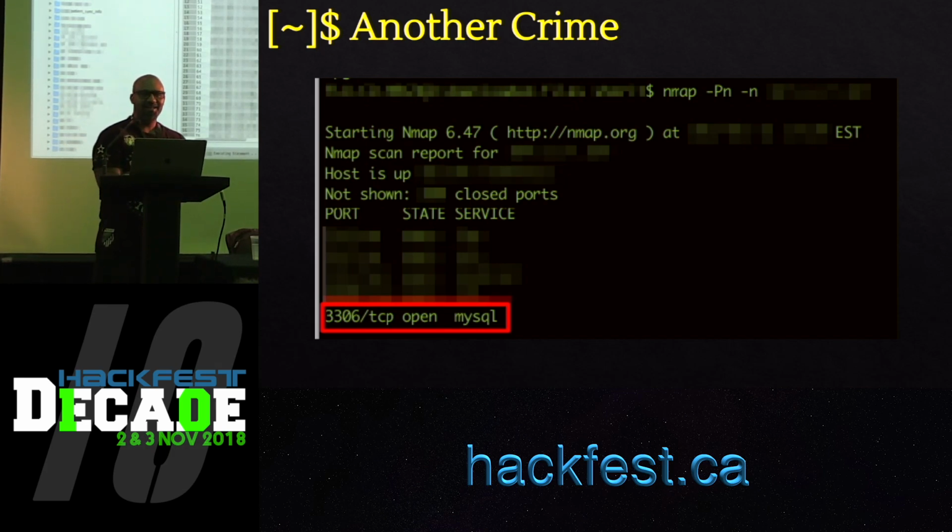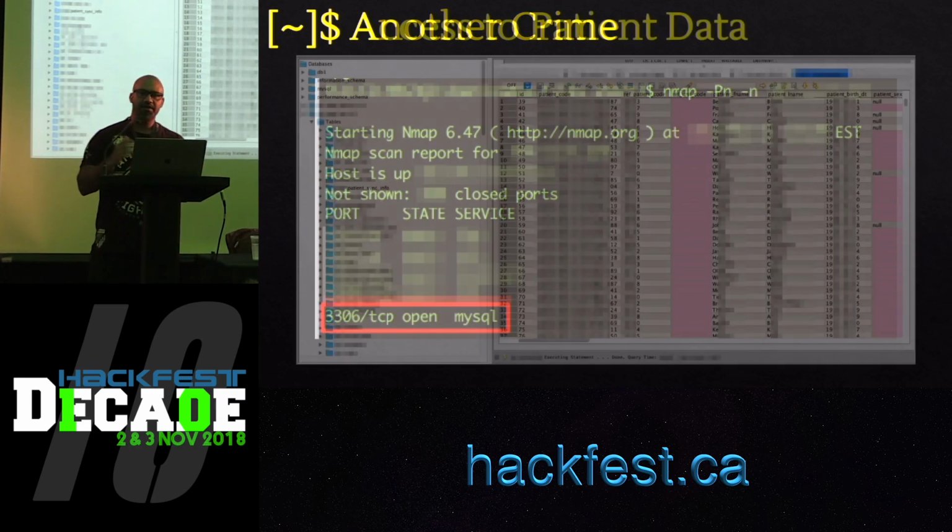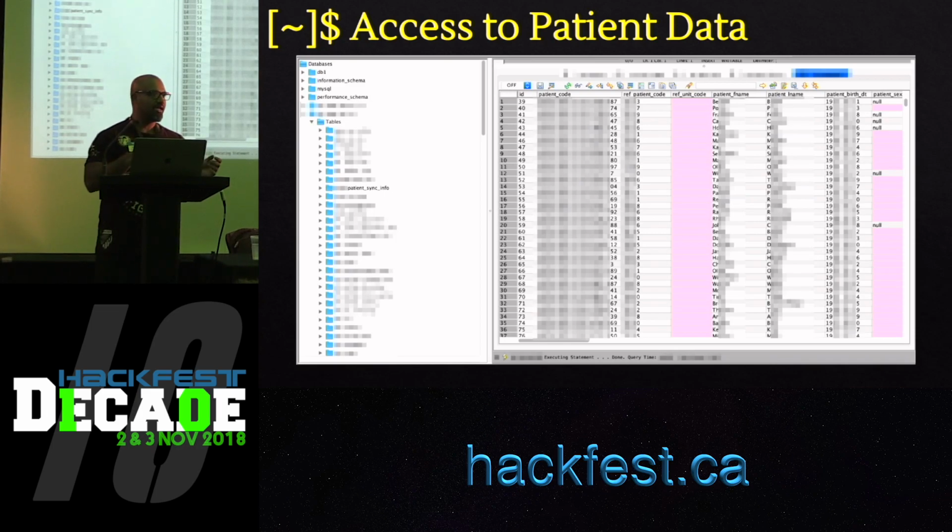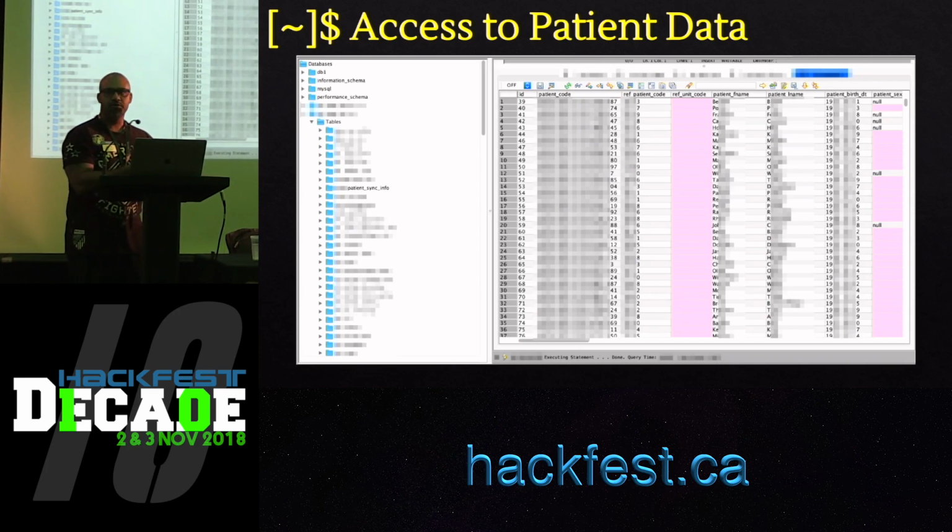And so, yeah, now we were able to connect to the backend database. Honestly, when I started looking at this device, I'm like, it looks like a small pen. In the best case scenario, I might just be able to capture some prescriptions that are stored on the device, but nothing more than that. But at this point of time, we were connected to the backend database as root, and we could access all the patient data from all the medical institutions these pens were deployed at, and not just our test pen.